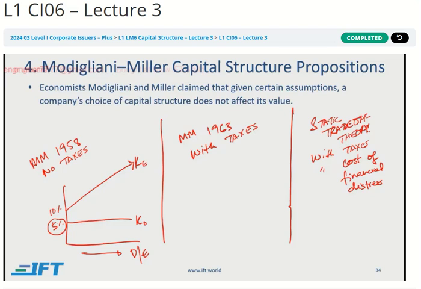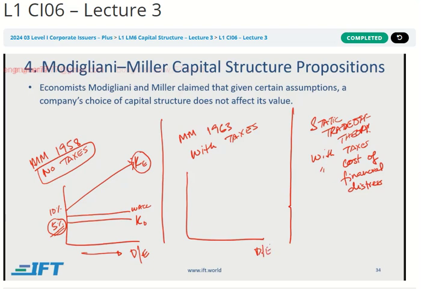And even though you are adding onto a cheap source of capital, you're increasing the weight of debt. So the weighted average cost of capital should go down, keeping in mind that it's a lower cost component of capital that you're increasing the weight of. But even though the weight of equity is going down, the cost of equity is going up, so the impact on weighted average cost of capital is not there. Basically, the weighted average cost of capital does not change. But keep in mind that this was without taxes. Now, in their own theory, they updated in 1963, they said, hey, we made a mistake.